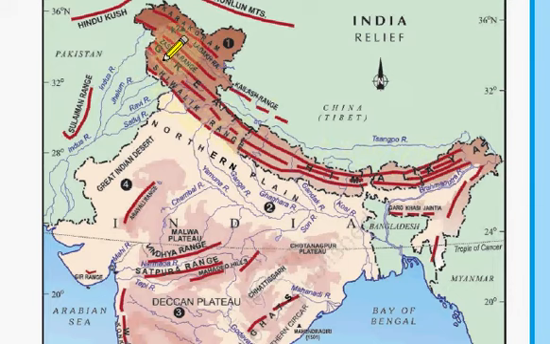So Greater Himalayas are the most continuous part of Himalayas. It extends from Jammu Kashmir to Arunachal Pradesh. It contains various peaks like Karakoram Peak, then Nanga Parbat, etc. Then the Lesser Himalayas has various ranges like Pir Panjal Range, Mahabharat Range, Dhauladhar Range, and the famous Kashmir Valley of India. And the last one is Shivaliks.